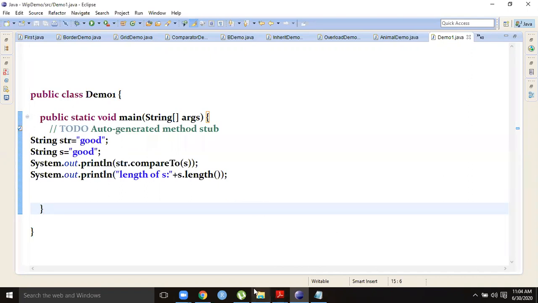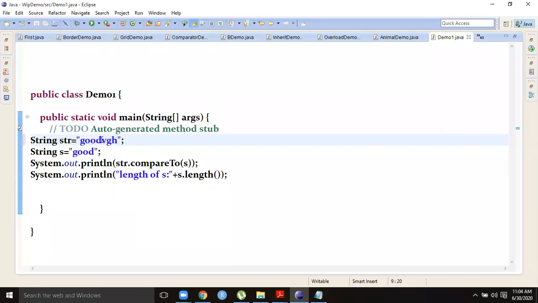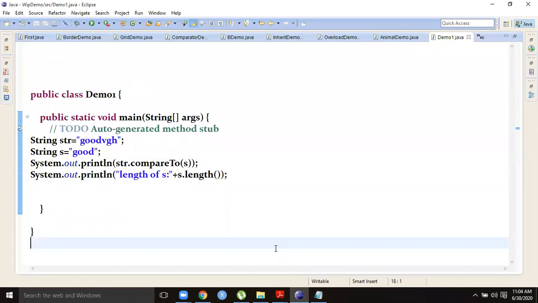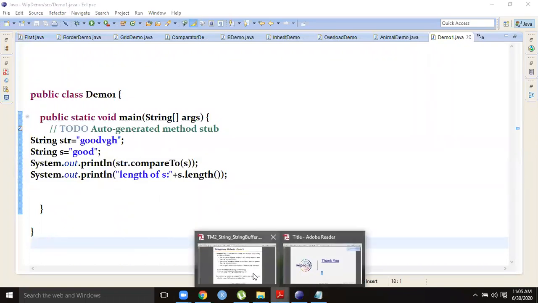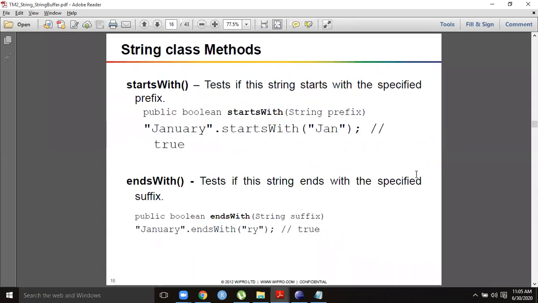This is the compareTo method. Suppose it is given 3. Okay. So this is how string comparison occurs. This is one of the methods, the compareTo method.